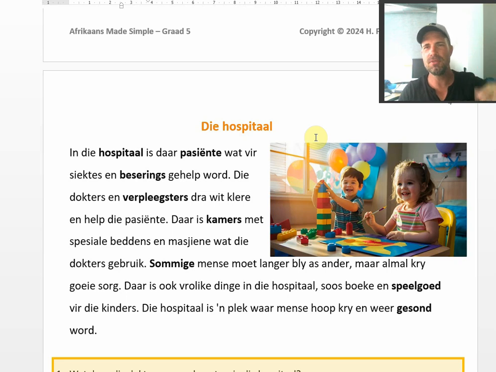packed into themes, but all the themes get introduced in grade 4, 5, and 6. And then in grade 7, we tackle the themes and relayer them. I'll show you how I did the grade 7 book. So there's a bigger plan in mind here. It's not just the grade 5 book. It's building for the future.